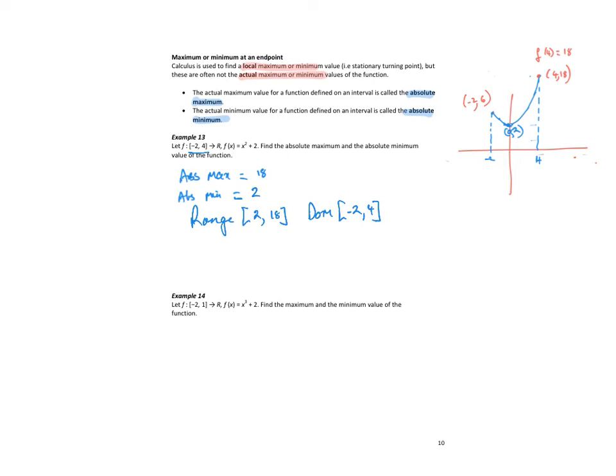So I guess the key point there is my range isn't necessarily the values of the function at the endpoints. At the endpoints, the y values are 6 and 18, but the absolute minimum is at the point (0, 2). All right, we've got the graph of a function restricted on the domain of -2 to 1. Again, find the maximum and minimum values of the function. Again, normally we would go through finding some derivatives,